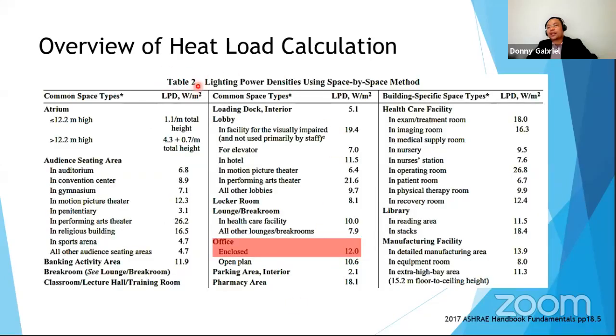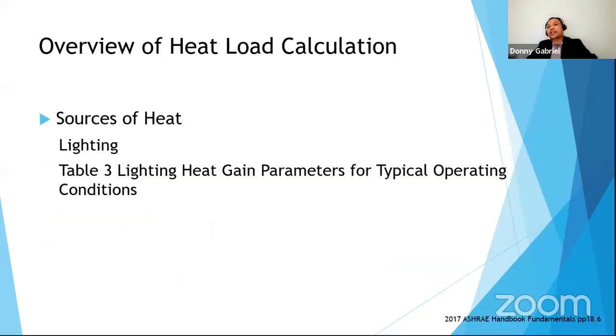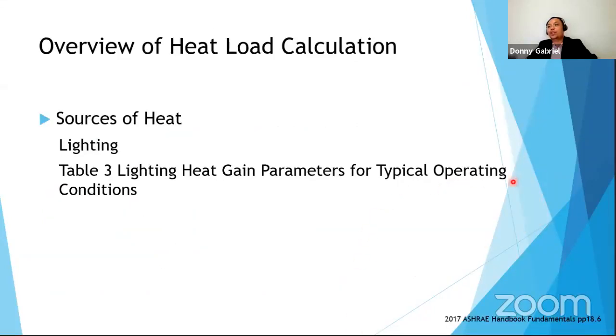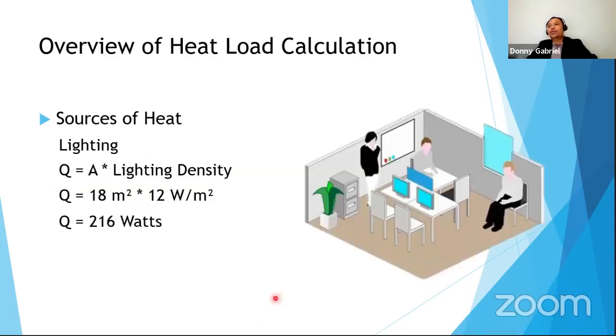Another alternative to using Table 2, you can use Table 3. Table 3 is the lighting heat gain parameters for typical operating conditions. So if your room is not specified here, it may be specified according to your operating conditions. Okay, and you can refer to this Table 3 for your lighting densities. Alternatively,